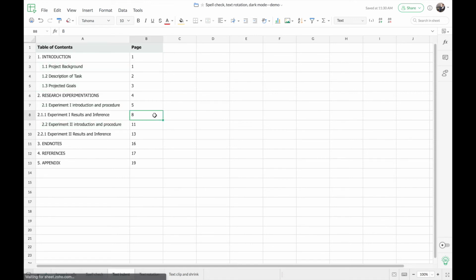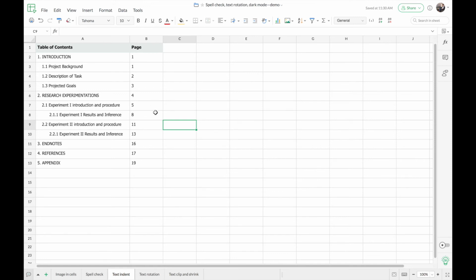So now you can see that I've moved these subheadings a little to the right, and similarly I'm going to move the third level headings to the right as well. So this way you can align the text in your desired manner and display the hierarchy appropriately. So here you can see that now I can easily look at the levels of heading at a glance. So I can see which are the subheadings, which are the main headings, and so on.